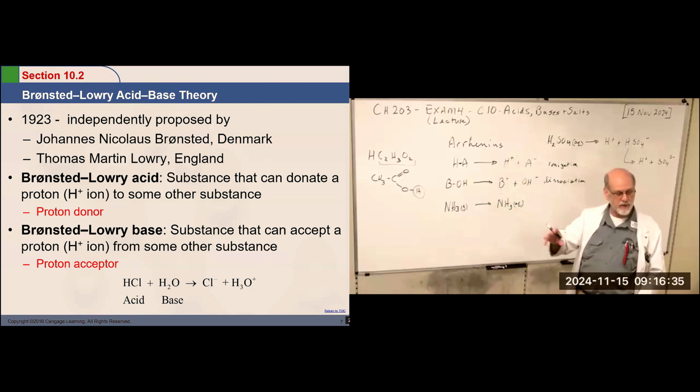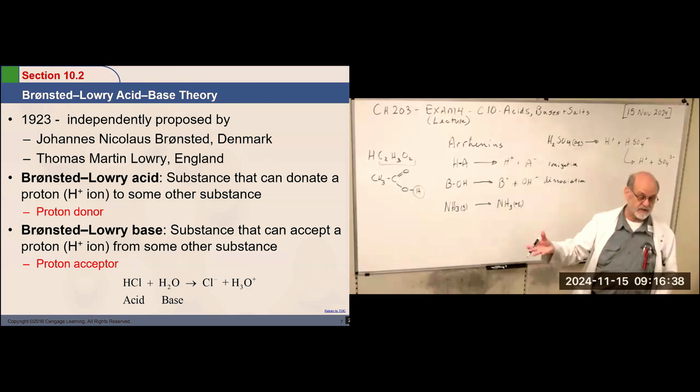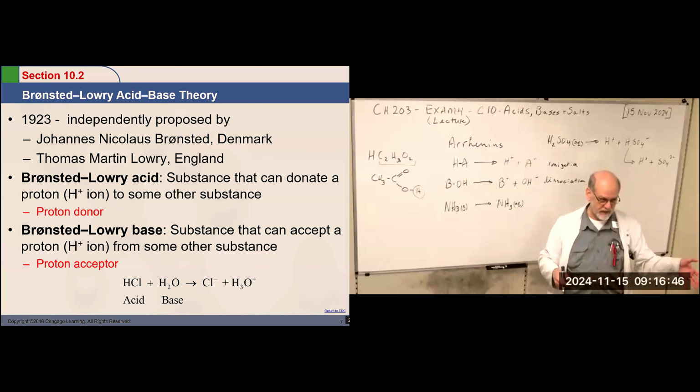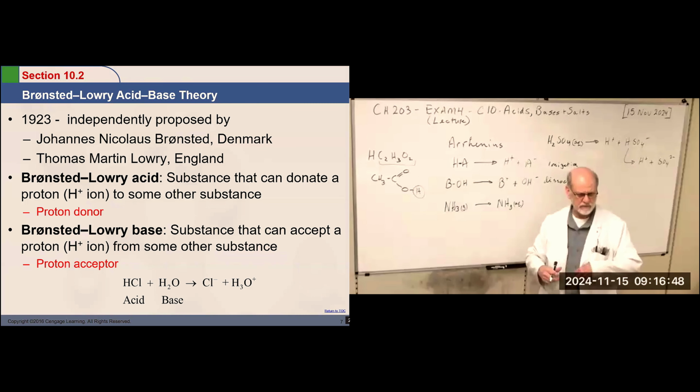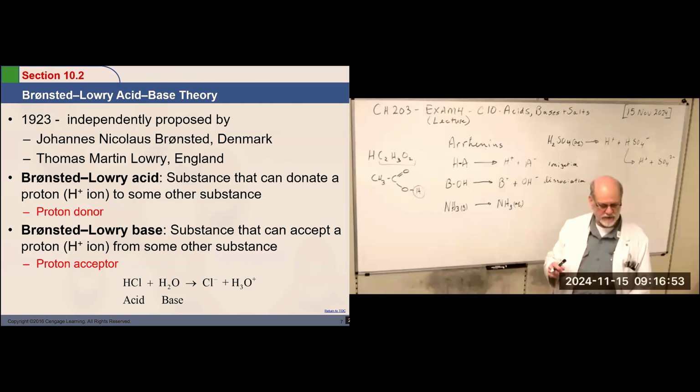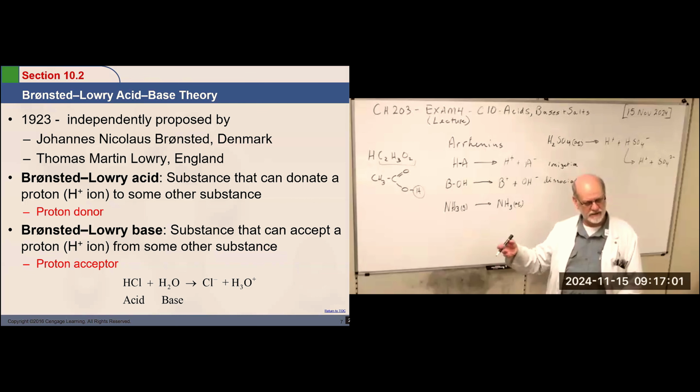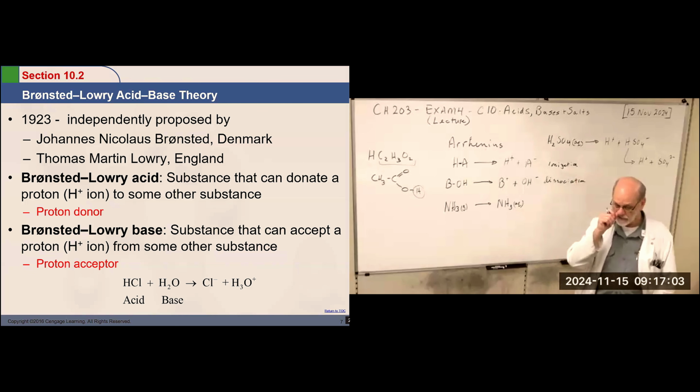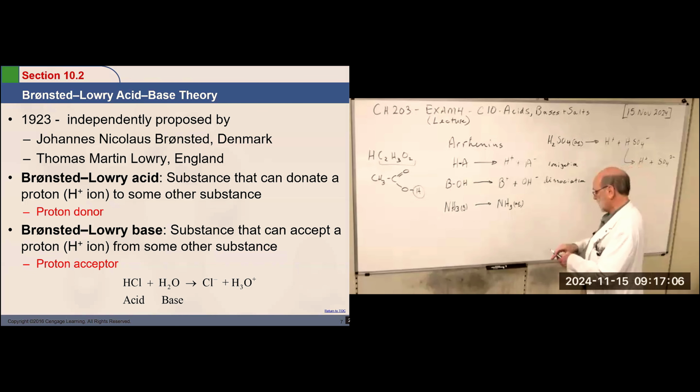Well, what we did was we proposed actually a different concept for acids and bases. And that was proposed by Lowry and independently by Bronsted in the early 20th century. So since they both published and proposed their ideas at roughly the same time, we give them both credit. Bronsted, Lowry, sometimes it's Lowry, Bronsted, acids and bases. Okay. The concept that we have developed with Bronsted and Lowry,